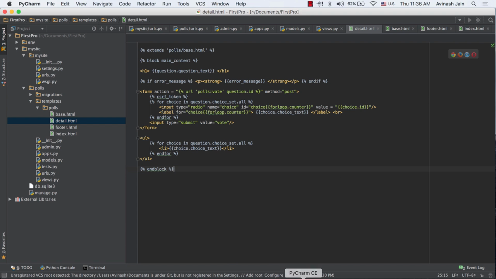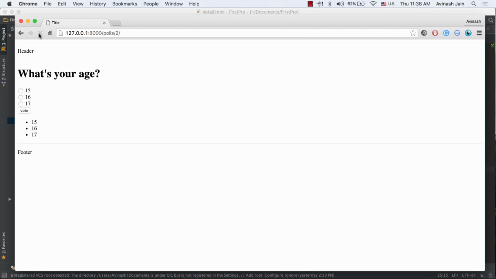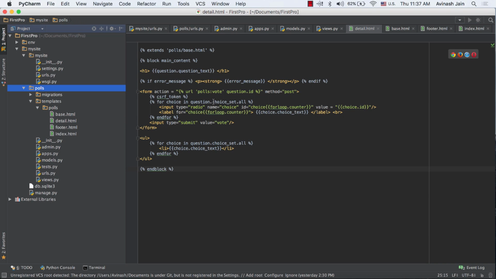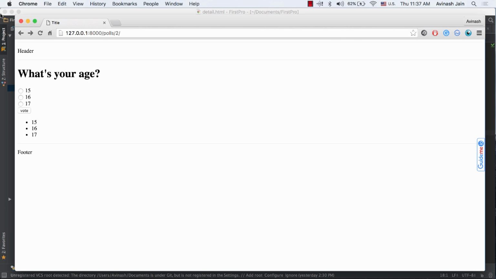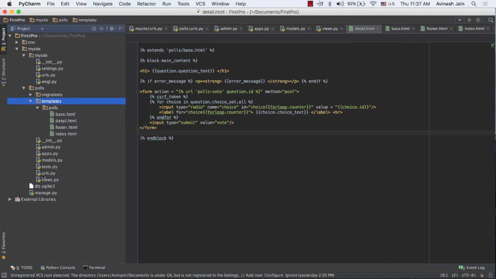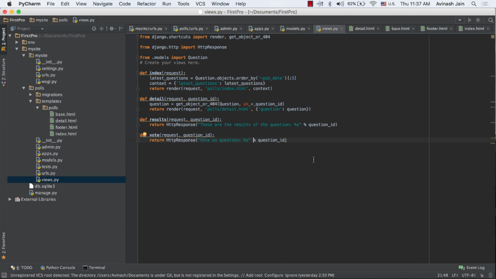Right now, if we save and go to Chrome and refresh, we see 15, 16, 17, or actually, you know what? Let's get back to our main page. What's your age? We see 15, 16, 17, and vote. So that works, except we're not saving any data. We're not showing the vote value. If you saw right there, it's showing double. And the reason for that is because of this over here. So let's go ahead and delete that, refresh, and now we see what's your age, our 3 options, and then the vote button. Fantastic. So let's go ahead and head over to our views.py file and modify the vote function